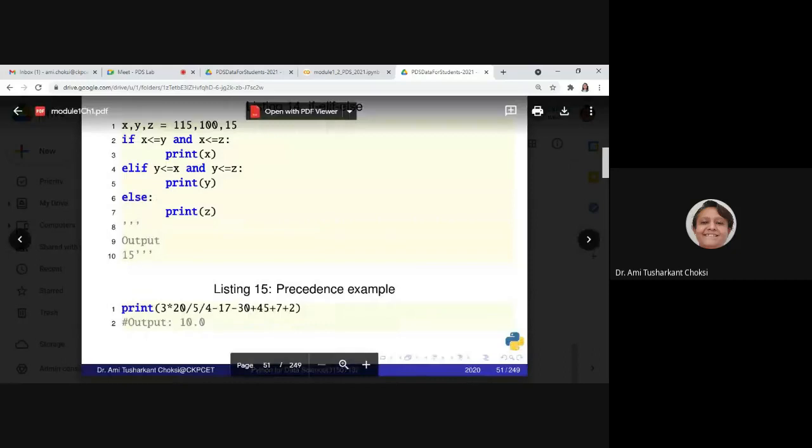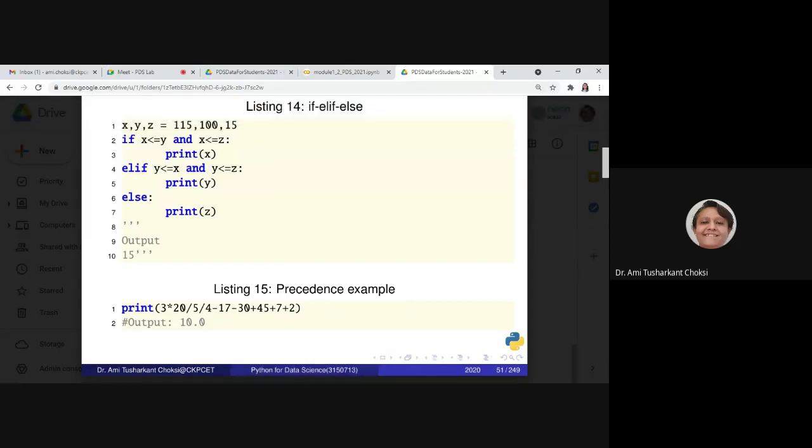That is, say if x is less than or equal to y and x is less than or equal to z, print x. Elif, instead of else if, in this language we have elif. Then y is less than or equal to x and y is less than or equal to z. Colon is a must because in this language we do not have braces, right? If you write braces, it will not consider them. We must have the colon. Only then is the condition considered finished and the action part comes next. So there we write print y.